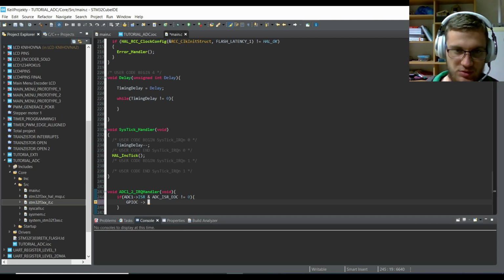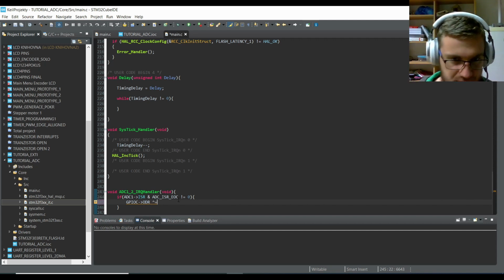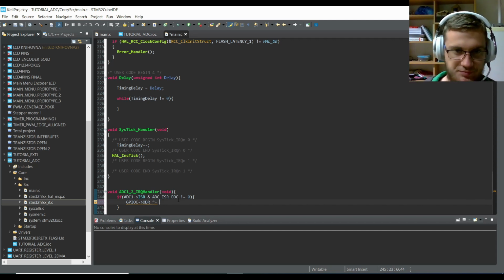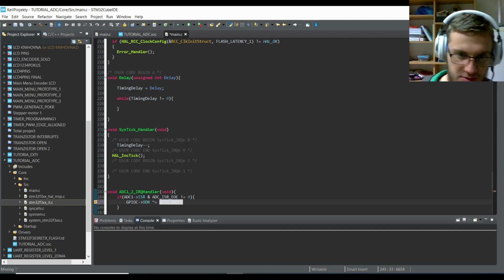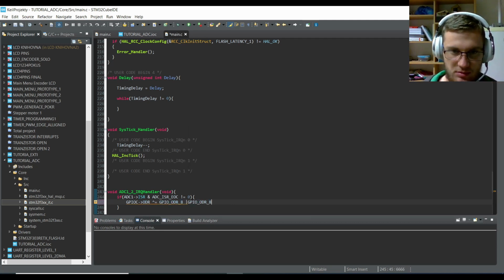We'll go to output data register and toggle. This is a toggle sign. And it's output data register 8 and data register 9. I will put it into brackets like this,